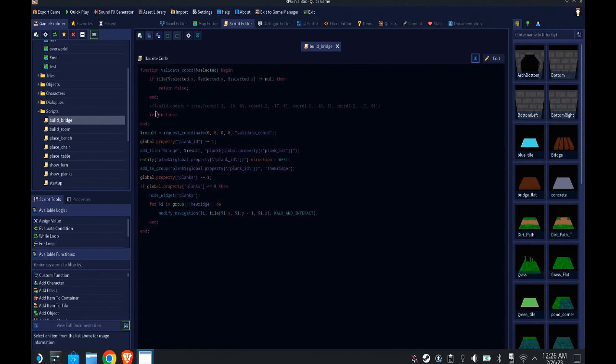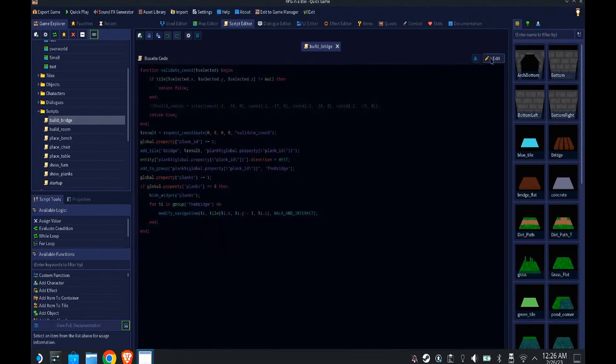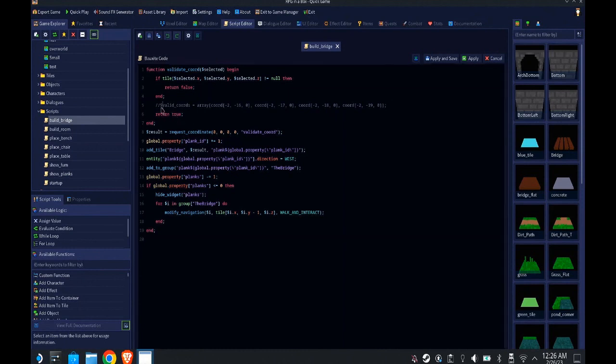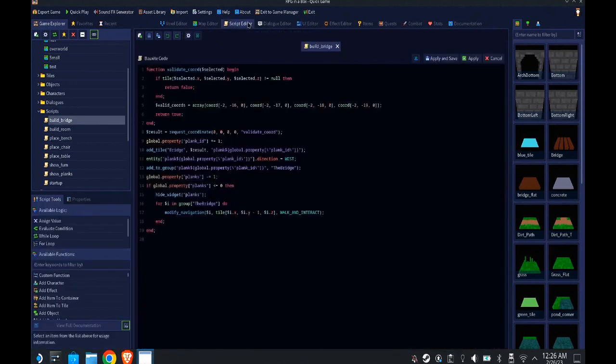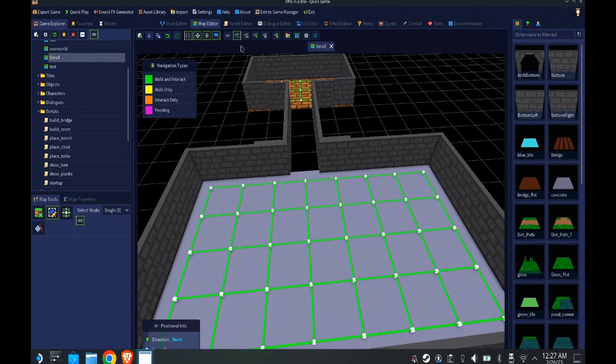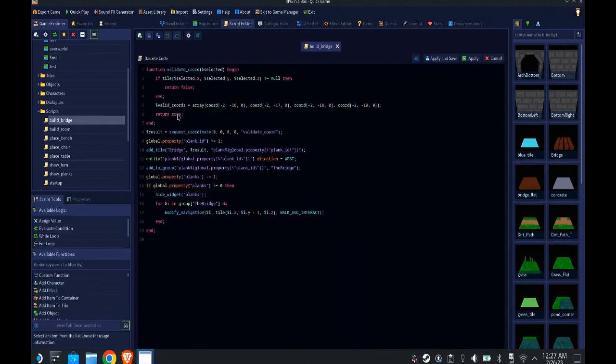So you can see that what we're doing here is originally, let's uncomment this bit of code here. This is how it originally was. What we were doing was validating the coordinates, making sure that the tile we're hovering over can't be empty. So if we're hovering over, for example, one of these tiles, it wouldn't be allowed. It would have to be an empty, vacant tile. And then the other thing we were confirming is that it was one of these four coordinates here, and if that was the case, then it would return those coordinates if it was in the selected